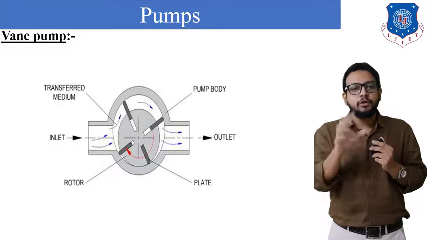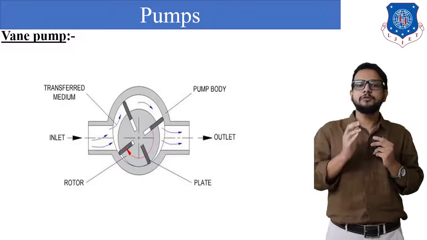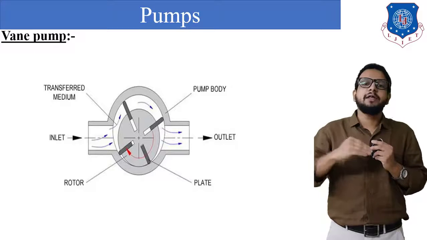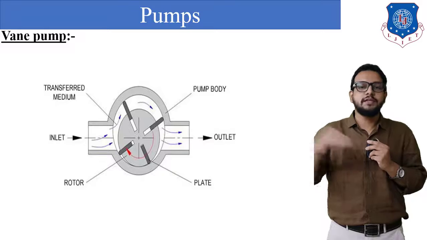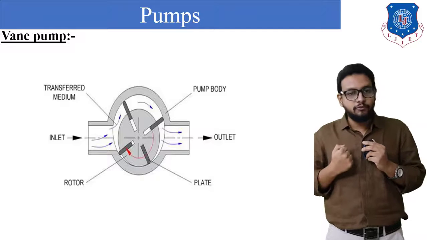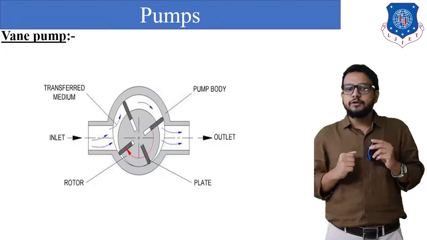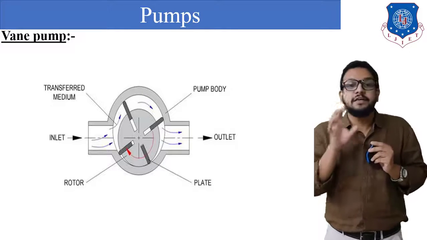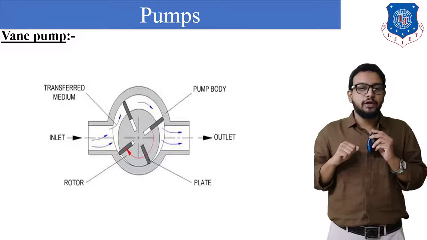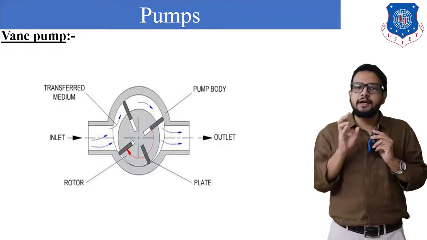Within that rotor you can see there are 4 slots provided, that is, 4 grooves are formed, and within those grooves we have placed plates called vanes. That plate can slide within the groove, inside and outside in this way. This sliding motion is what the vanes perform within the grooves provided in the rotor. Also, you can notice that the rotor and casing are arranged eccentrically. That is, the area between the rotor and the casing is gradually increasing. That arrangement is used to increase the pressure of the liquid inside the pump.